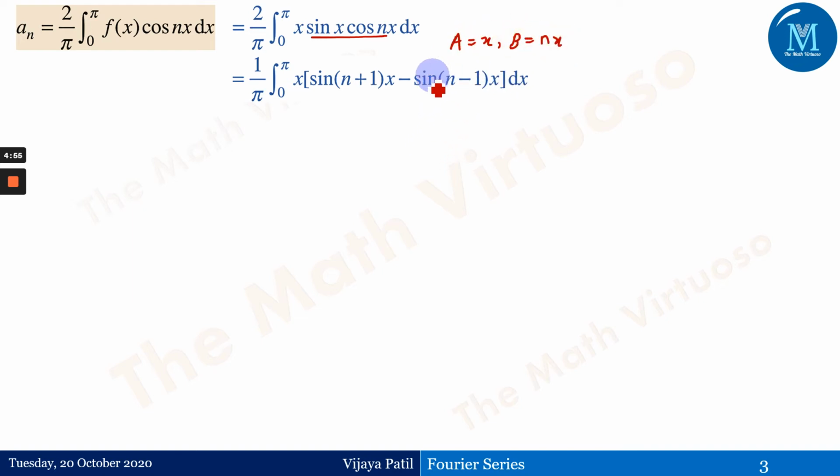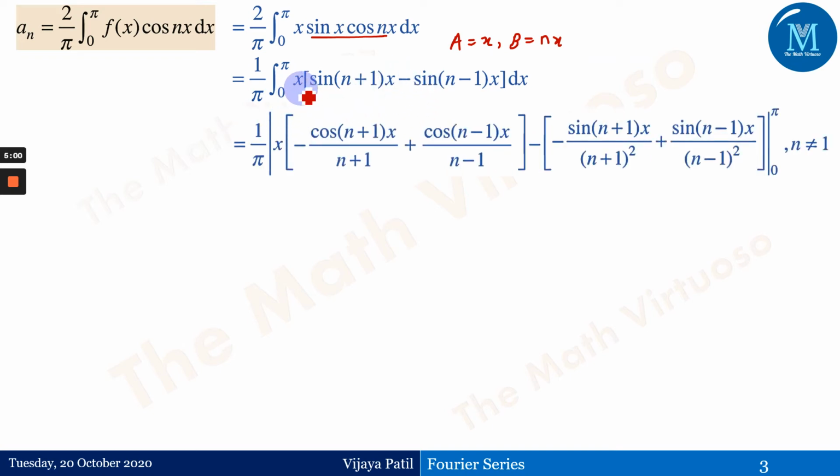So just you understand this particular step. After getting the steps, we can go ahead with the first and the second function. Otherwise we need to do two different integrals, we can't combine this. Here x is the first function, and this square bracket, sine of n plus 1 times x minus sine of n minus 1 times x, would be my second function. So I've considered that as the case here. Otherwise you could go ahead with two different integrals, x sine of n plus 1 x and x sine of n minus 1 times x.